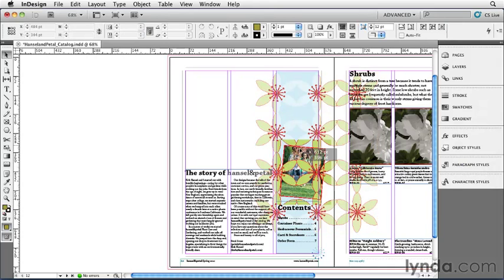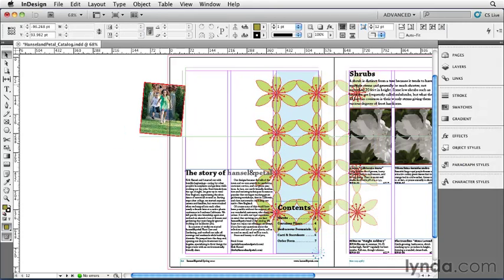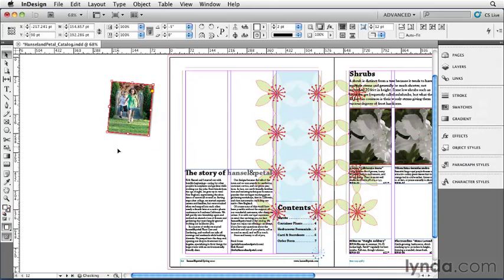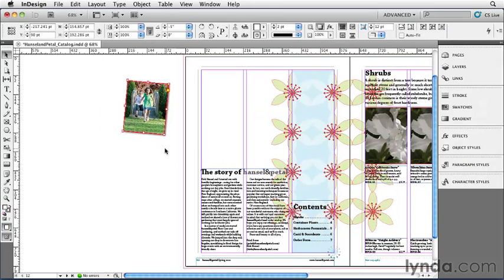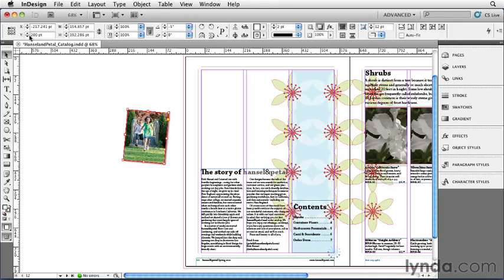I'm going to select this picture of this boy and girl and put it out here on the side of the page, maybe over here on the pasteboard where we have a little bit of space. And I want to show you that the control panel itself is a great way to make duplicates. For example, I can come over here and change the Y value in the control panel to something larger, let's say 200 points. Now if I hit Return or Enter right now, it's going to move that down to 200 points. But that's not what I wanted to do. I wanted to make a duplicate of it.